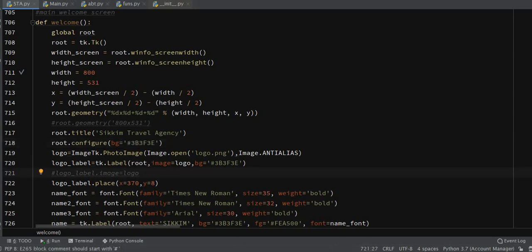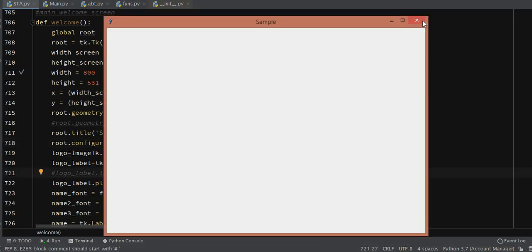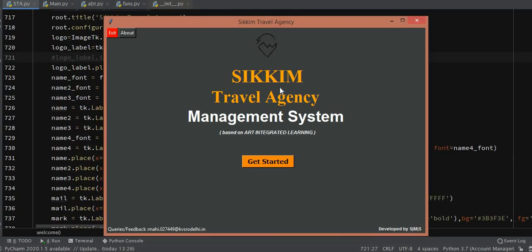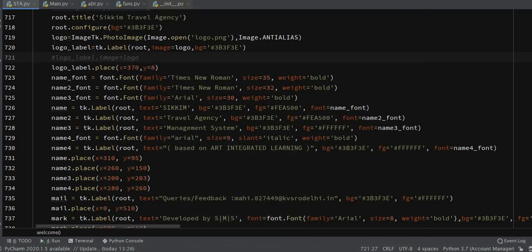Okay, so now let's have a look. We're gonna first discuss how we are going to display some sort of image here. First we have to open our image. For that I have used this statement. As I said, we use the Image module to open an image. Same thing I have done.